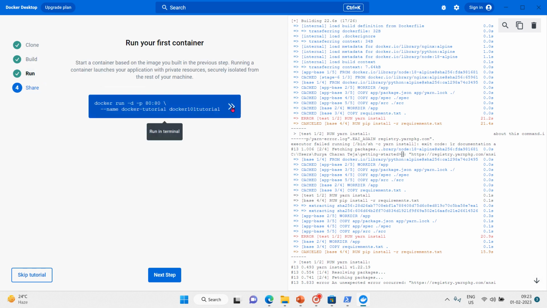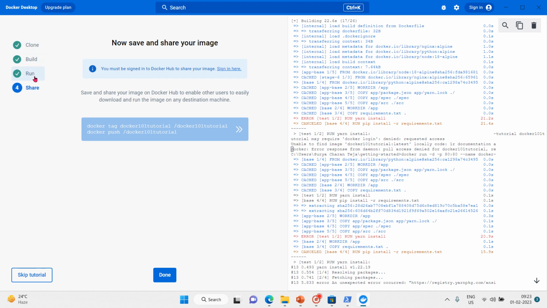Then just click here, and you can run your container. But finally, if you want to share, you can see that all the tick marks are done till we have run it. Now if you want to share this container, what we have to do is